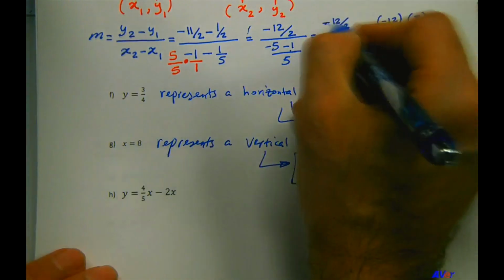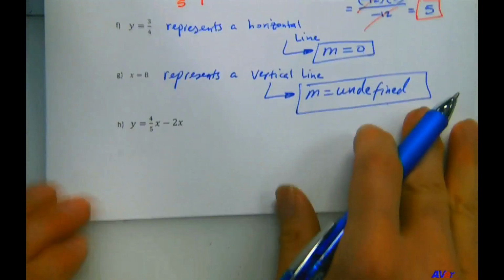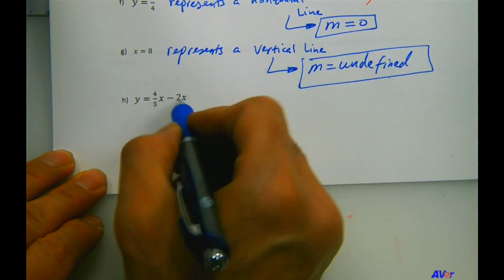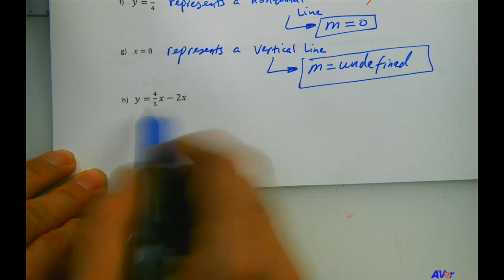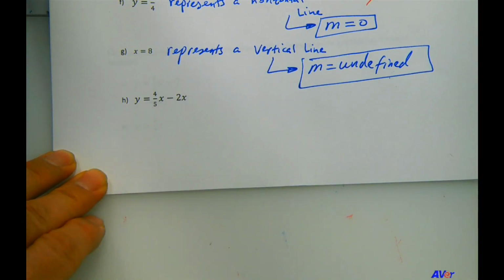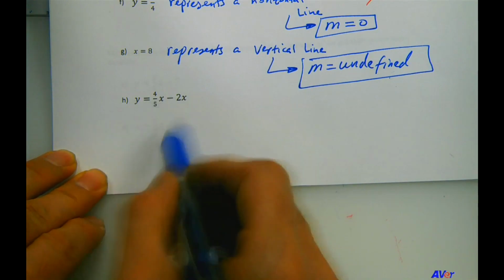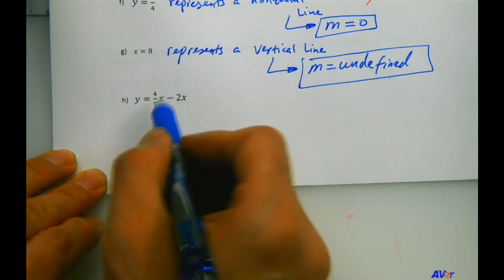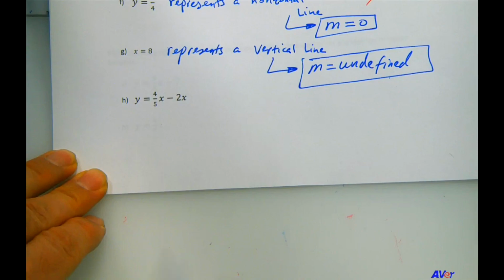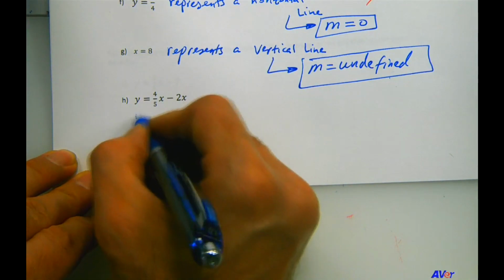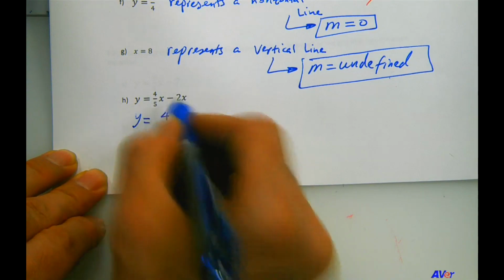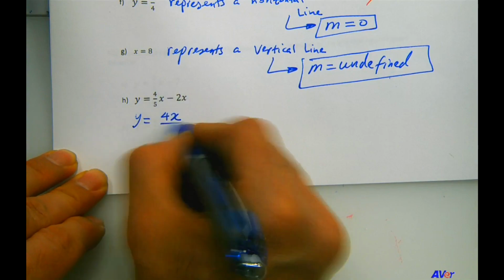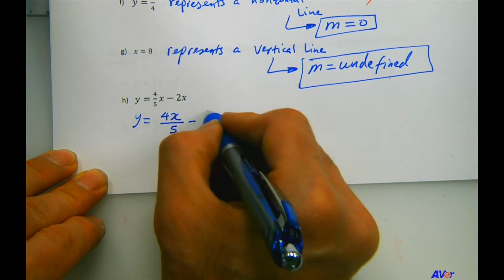Okay, that is minus 12. Okay, so this last one, the easiest, well, not quite, because that's also minus 2x. So we have 2x terms here. So before we write down the slope, we need to combine those two x terms. We cannot have them looking separate like that. So let's take the common denominator. So we have 4, let me rewrite this so it looks better. 4x, this x is being multiplied by the numerator, 4x over 5 minus 2x,